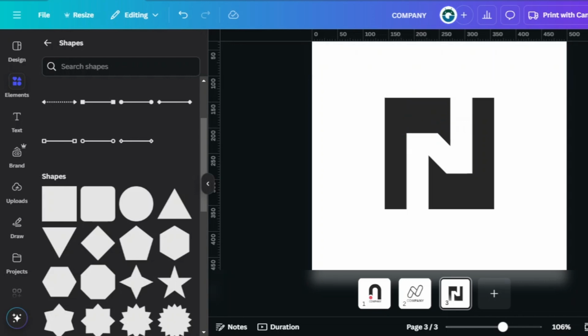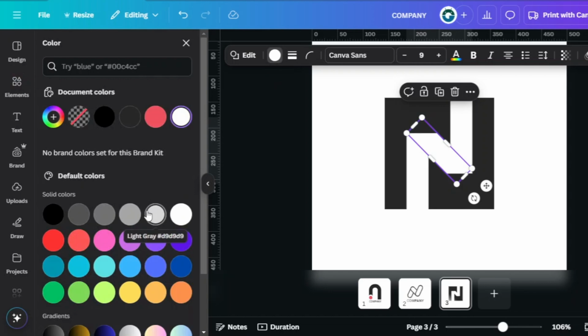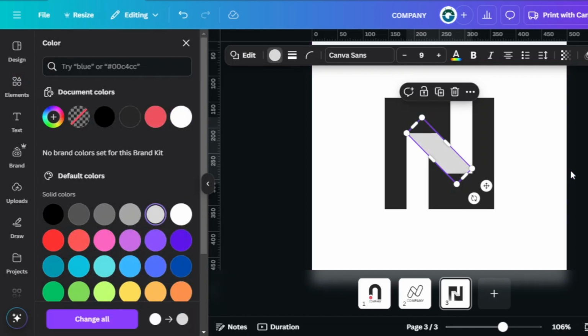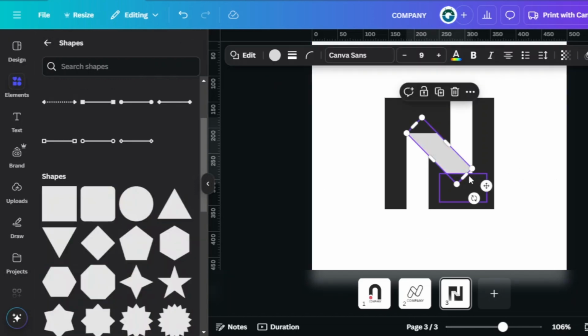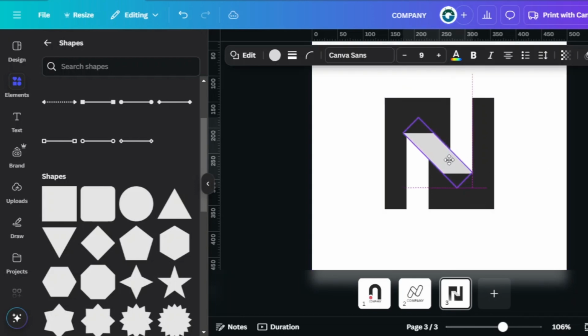Step 5. Change rectangle colors to match the background to create a cutout effect. For an aesthetic touch, change the middle rectangle's color to gray. Step 6. Ensure that the left and right edges of the N extend beyond the main square for a more dynamic look.